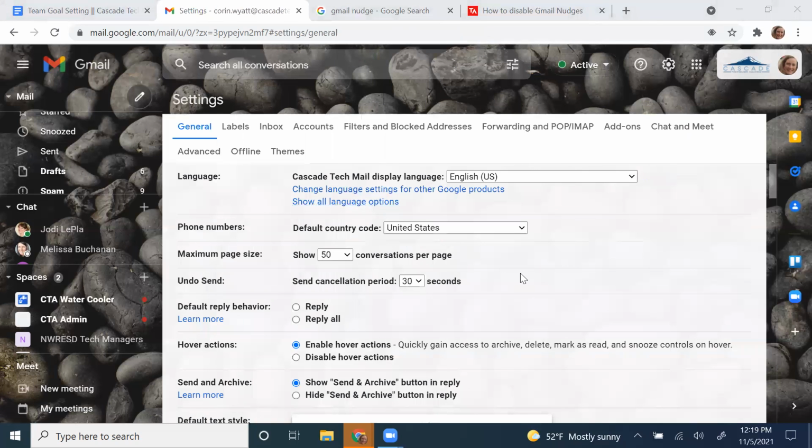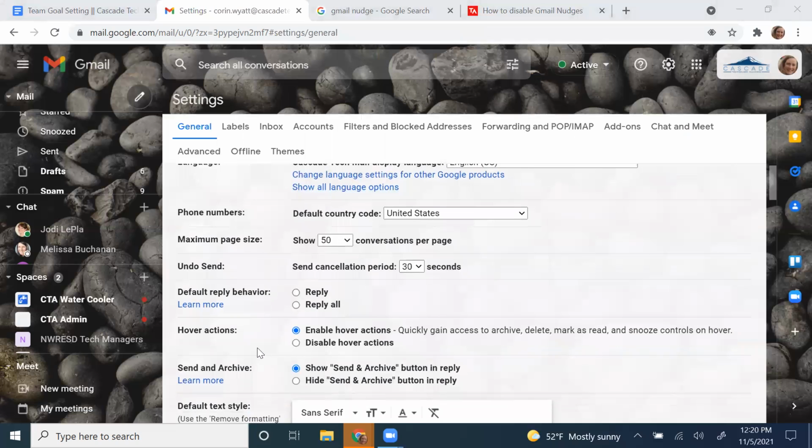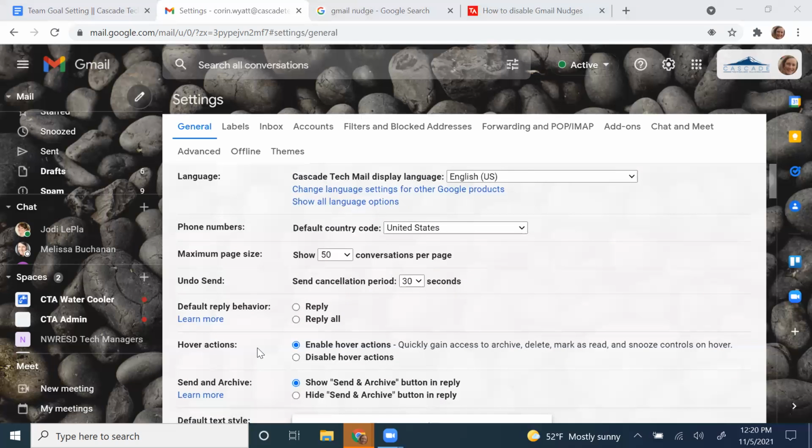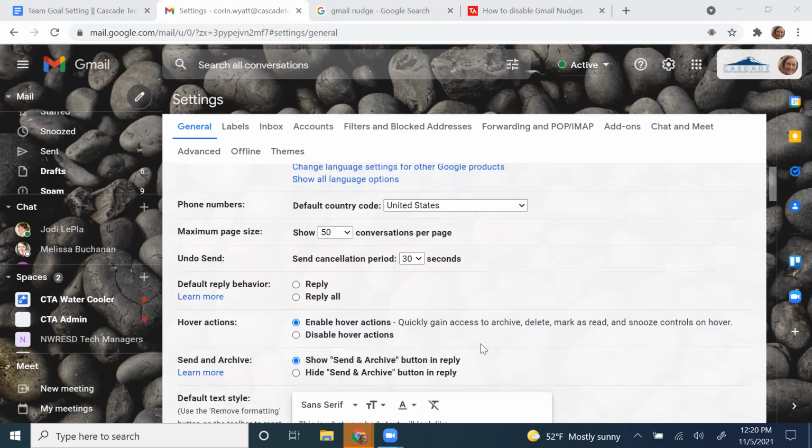You can dabble in here if you want to, but as Jody and I do any trainings on Google, we'll go through these slowly, hopefully getting your retention and recall a little bit better. When you need this thing in 6 months and you can't remember where we got it, you'll have enough vocabulary to look it up or to go through each of these settings and find what you're looking for. So under this general tab, there are a lot of things.